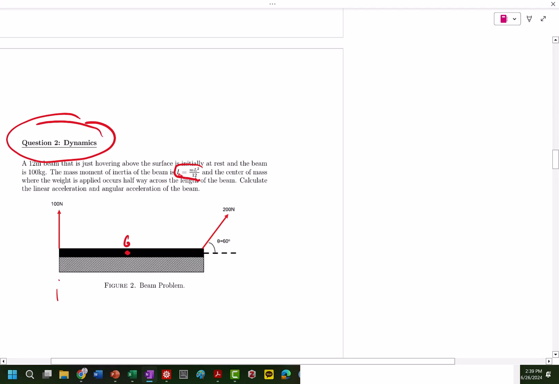So it's hovering just above the surface, so basically it's just touching. But we're not going to deal with any friction in this problem. That's what that sentence means. So we have an XY coordinate system, as usual. We're going to free the body,